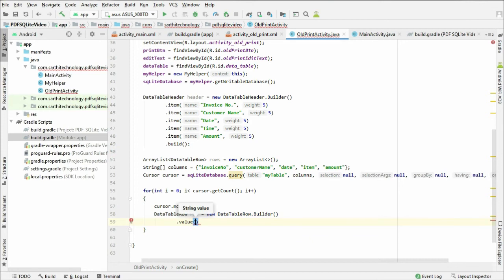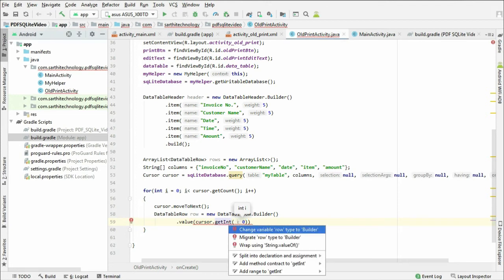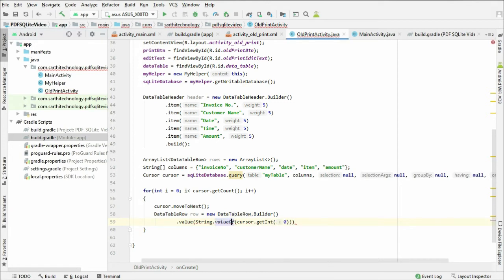So value is cursor dot get int and it's 0. Press alt enter and wrap using string dot value of.